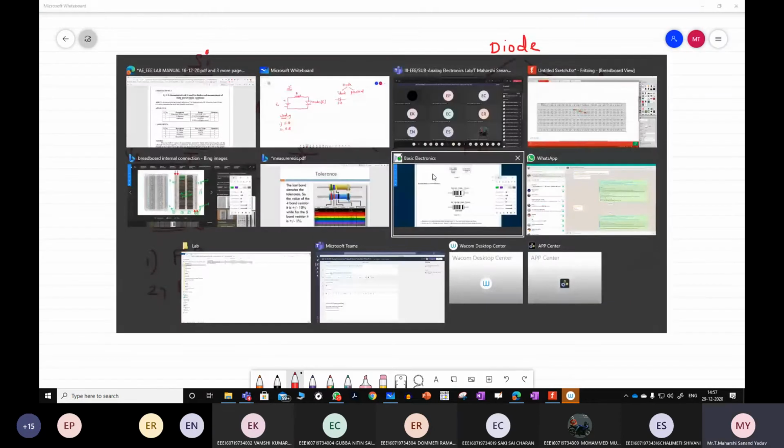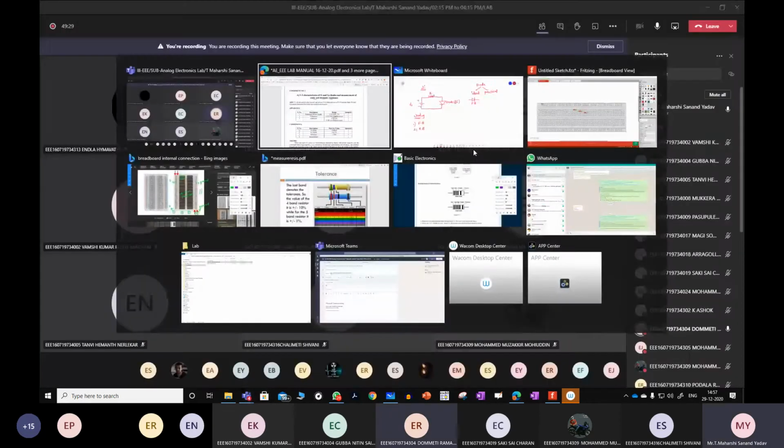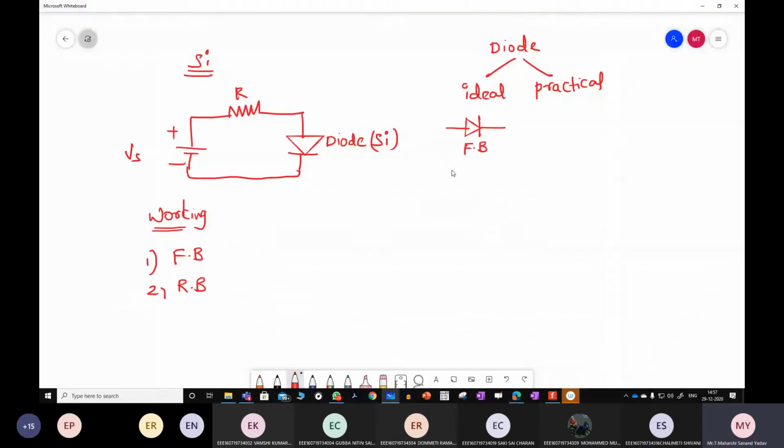Short circuit. Yes, it will act as a short circuit. If this diode is reverse biased, then open circuit.